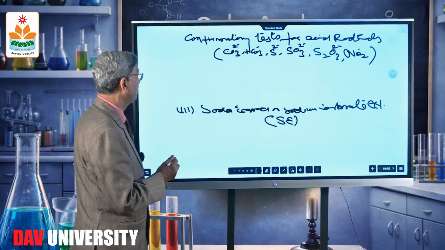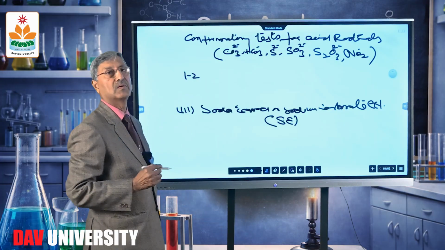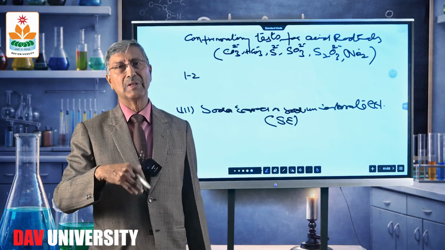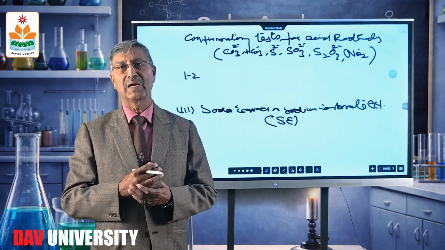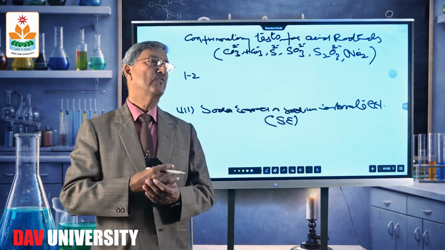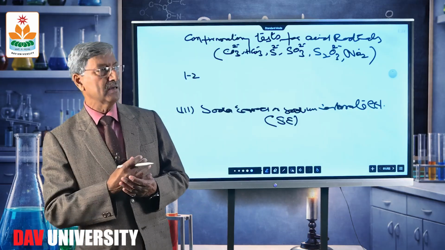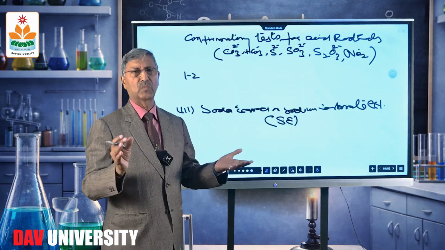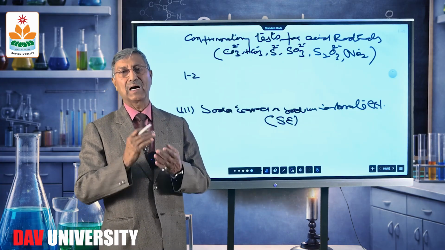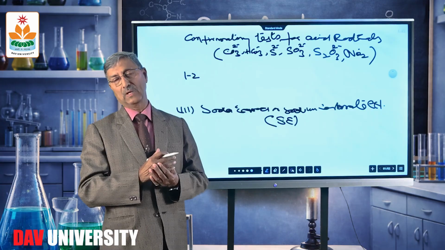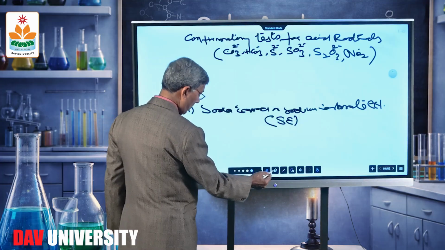What is soda extract? We take again 1 to 2 grams of the salt mixture, and we mix about double the amount of sodium carbonate. Take this mixture in a china dish or in a flask, add about 10 to 15 milliliters of water, and we heat or boil for about 10 minutes. Then we filter it. Again, we may not be getting a full solution. All the ingredients may not be soluble, but after this, we filter, and the filtrate is known as soda extract or sodium carbonate extract.